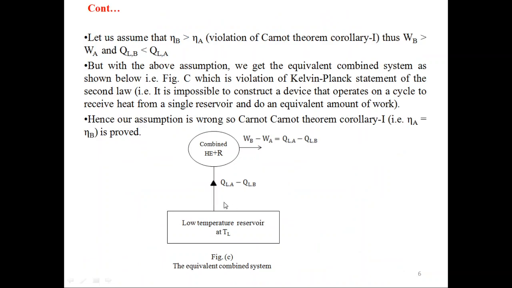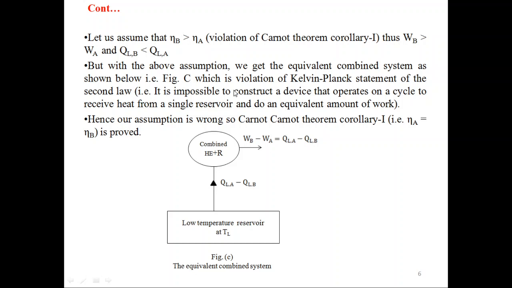we are extracting QLA minus QLB amount of heat from the low temperature reservoir at temperature TL, and this combined system is giving output as WB minus WA equal to QLA minus QLB, which is a violation of the Kelvin Planck statement of the second law, that